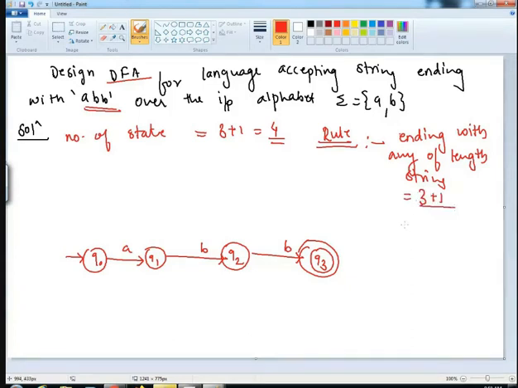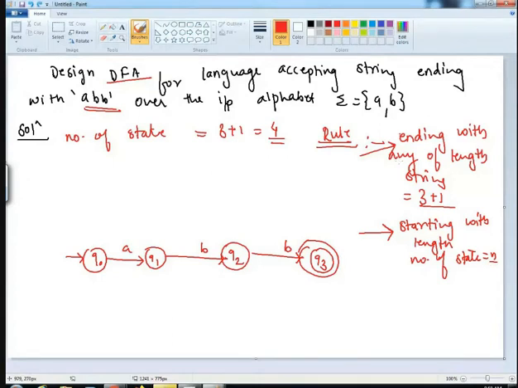And type 2 problem says starting with a substring, where the number of states will be equal to n. So currently we are doing type 1 problem.